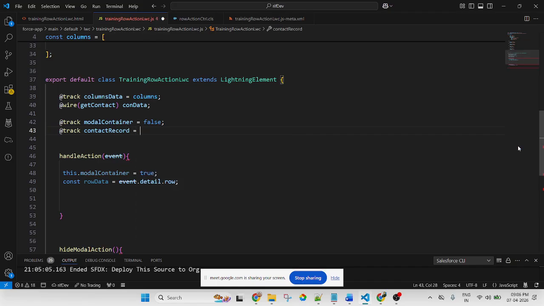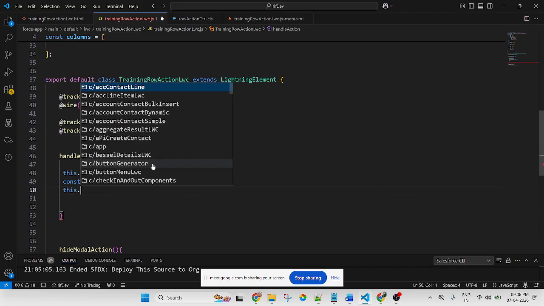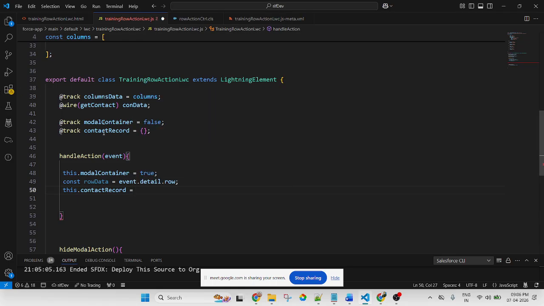Equal to, here I will declare an object because the data is returned in object format. And here I will pass this constant variable, because I am storing the data in it. Okay, now my data is stored in this variable, which is an object type.